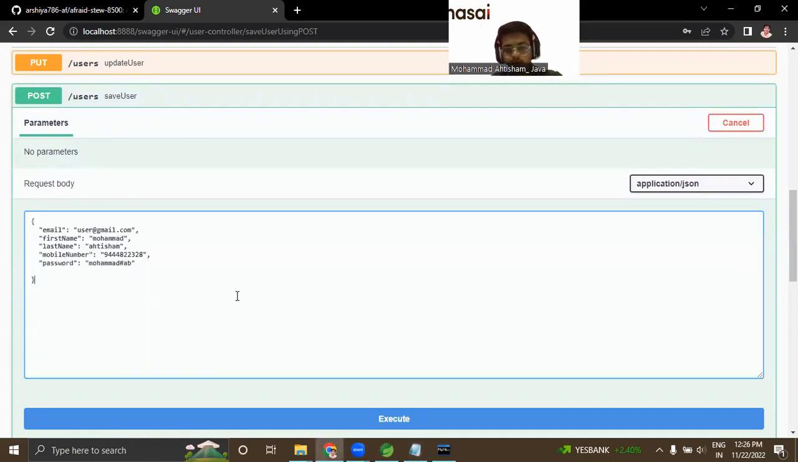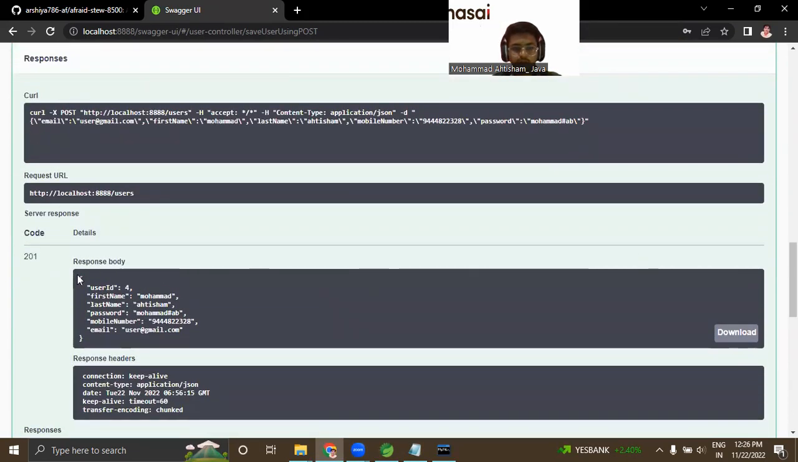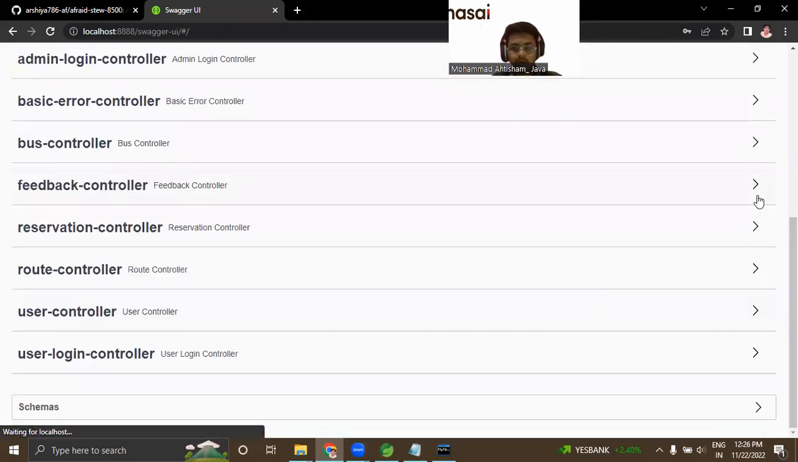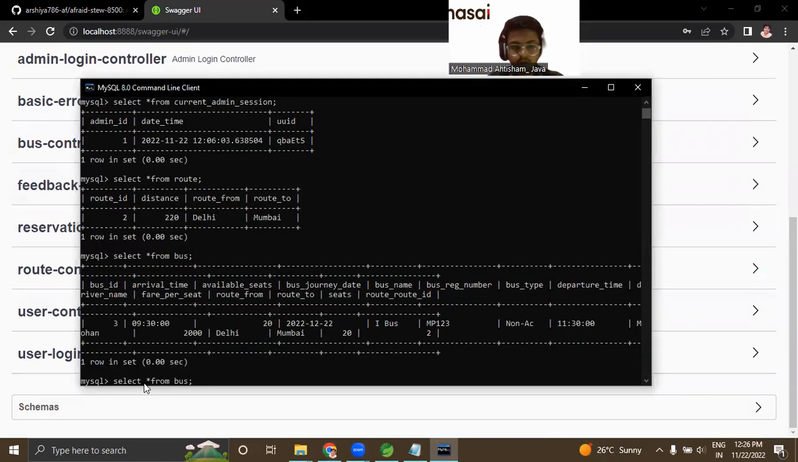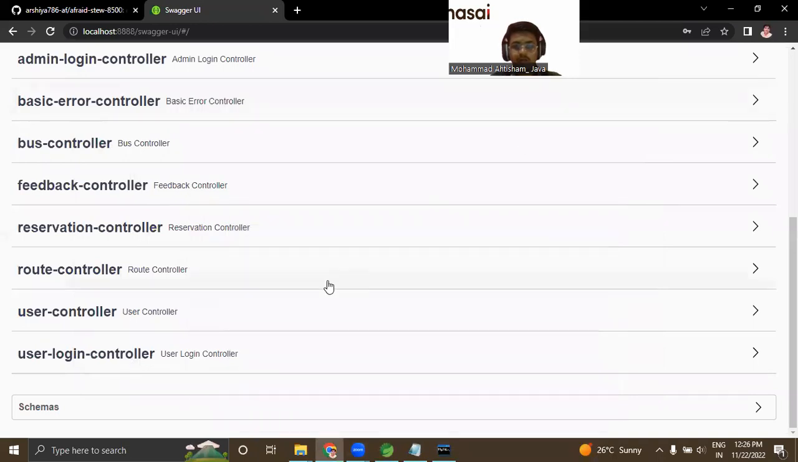So yeah, let me execute this code. As you can see, this response body is correct in front of you. So this is all about the user controller. Let me show you the database, that is the user detail user table. As you can see, user id is 4, email is this, and first name is Muhammad and last name is Adisam. This is the number and this is the password. As you can see, I passed the request body and I get the response in my